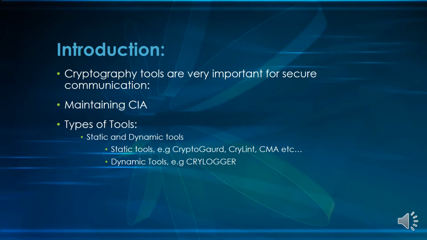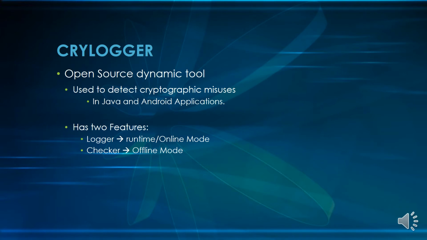There are certain different tools available in the market. There are two types of tools: static and dynamic tools. Here we are talking about CryLogger, which is a dynamic, open source tool used to detect cryptographic misuses in Java and Android applications. CryLogger has two features: